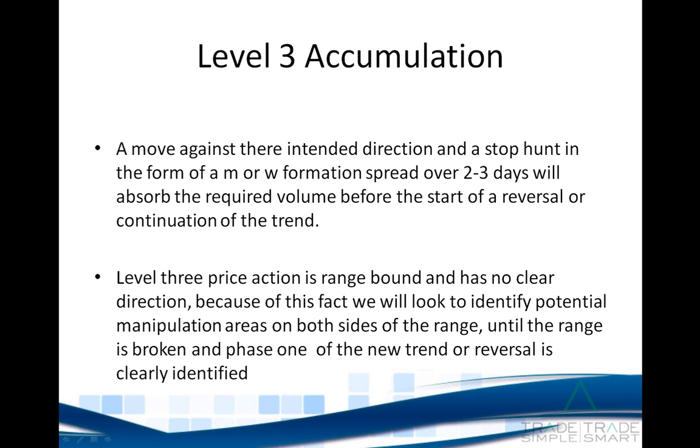So for example, if we have a resistance area during level 3 accumulation which is broken and we see manipulation taking place to the buy side, then we can rest assured with a high degree of probability that phase 1 out of level 3 accumulation will be bearish. Because if they're manipulating orders to the upside and breaking through resistance, we want to see evidence of selling pressure coming into the market. We can sell into this pressure along with smart money and trade the first phase of the new or continued